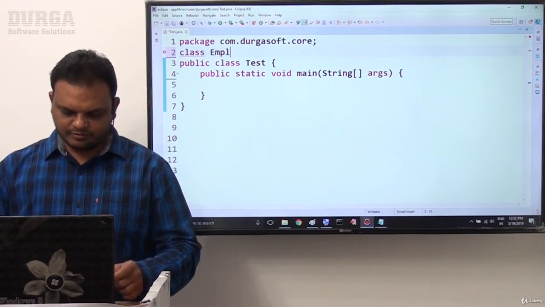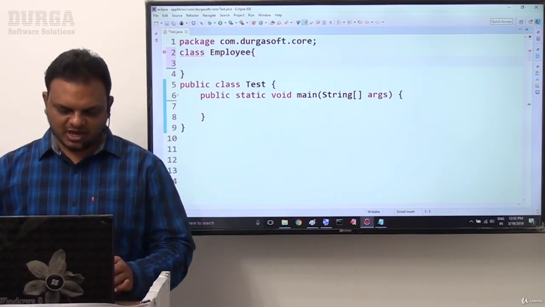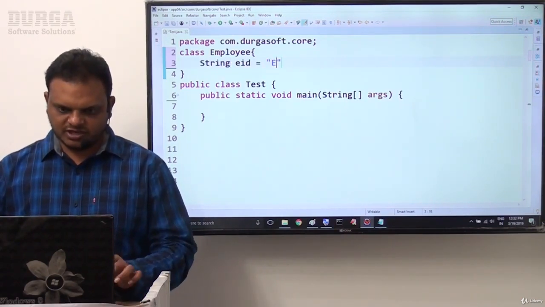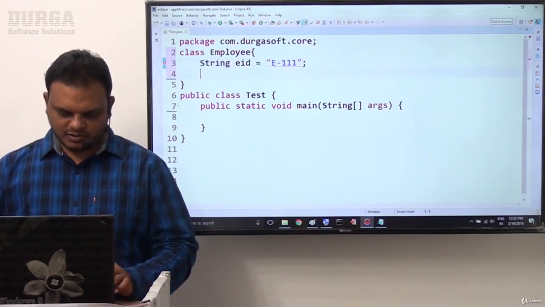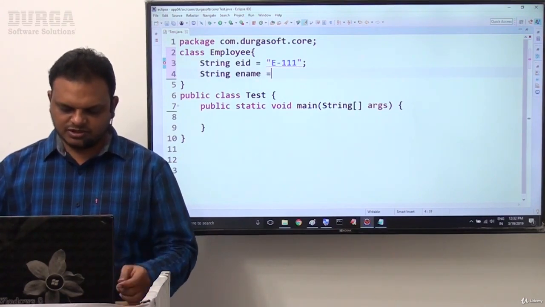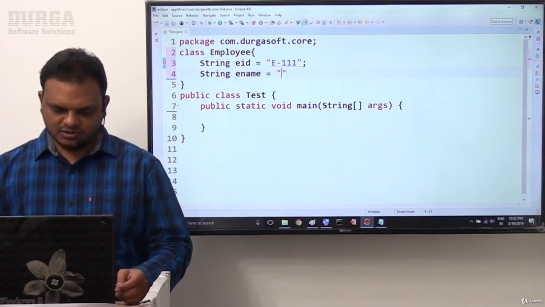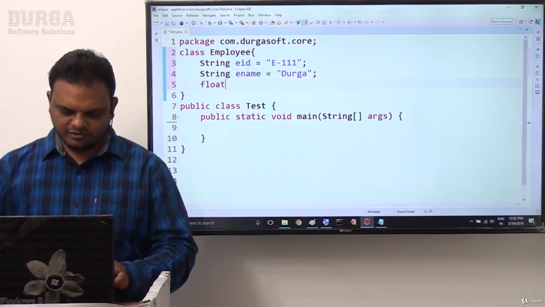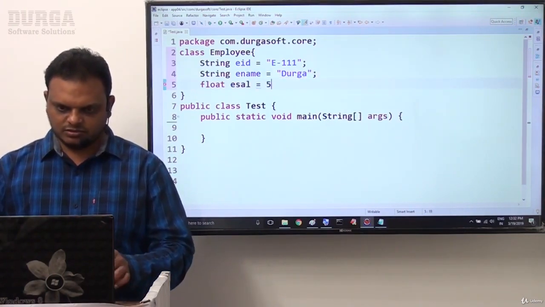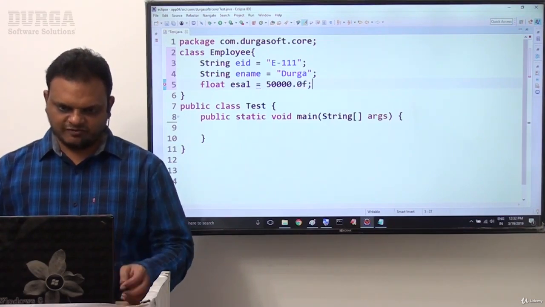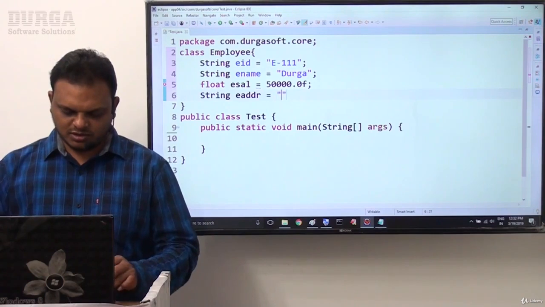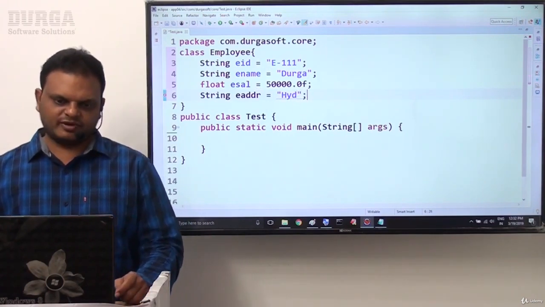Inside this class Employee, I want to take String eid = "E-111", and String ename = "Durga", which is an employee name, and float esal = 50000.0f, and String eaddr = "Hyderabad". Like this we have taken.